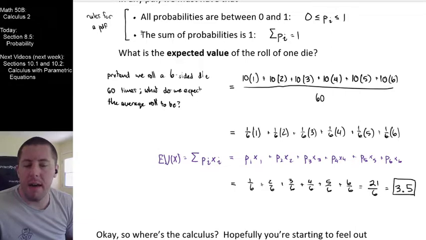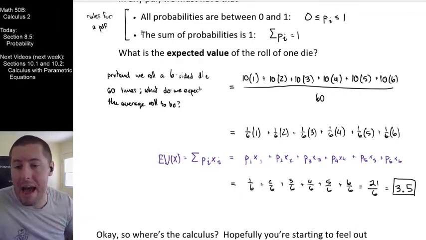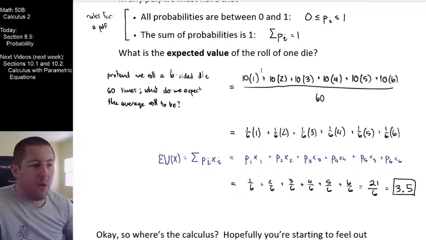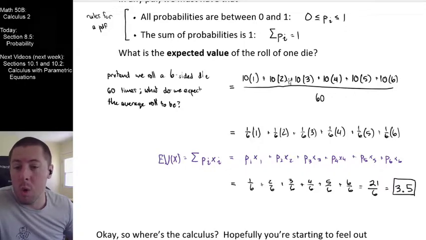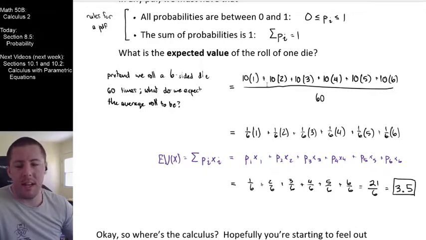But what we're really identifying here is that this is the value that is, in a sense, the center of a weighted average right here. This was really a weighted average that we computed right here. It was just the most boring weighted average ever because everything got equal weights of 1/6. Right. So in this case right here, not a very exciting weighted average that we did because it was all equally likely stuff. But 3.5, you should convince yourself that on average over lots and lots of rolls, you do expect to get a 3.5.